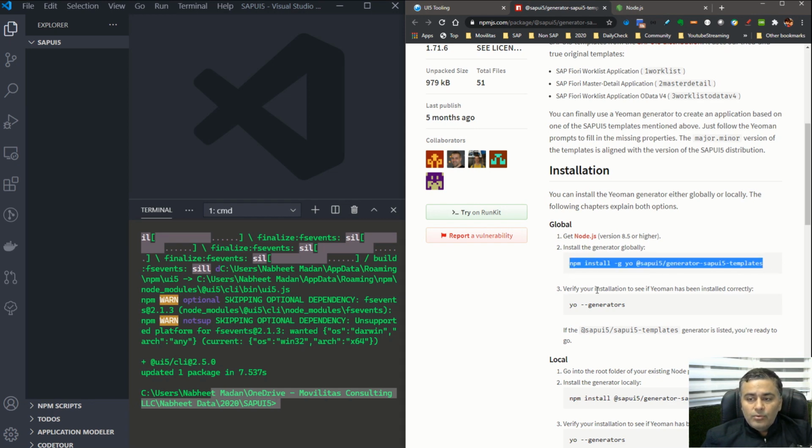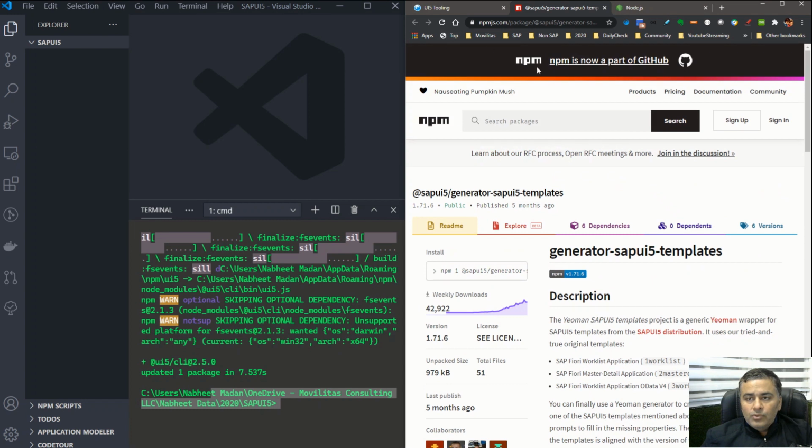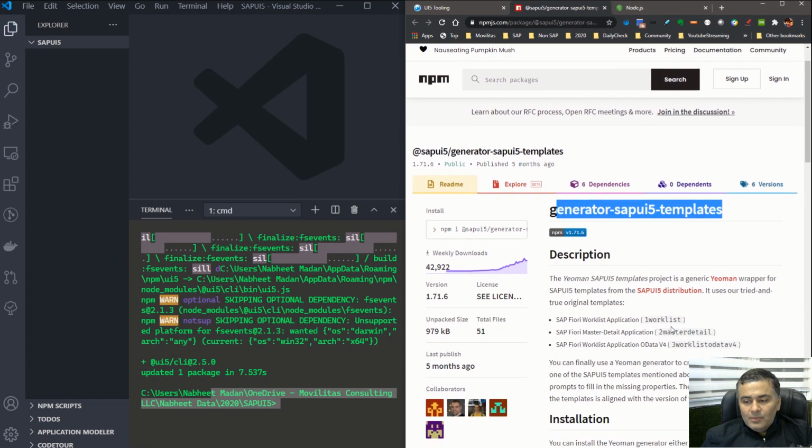So all you need to do is go to npmjs.com and then search for generator SAPUI5 templates, right? I could have done it in other ways, like I could manually create that webapp folder and then inside it manifest.json and all that stuff, which we have already covered in our SAPUI5 for Beginners series. So I thought, rather than this, maybe I can use a Yeoman generator,